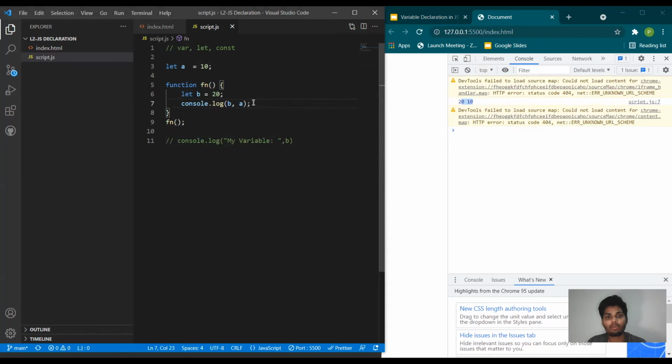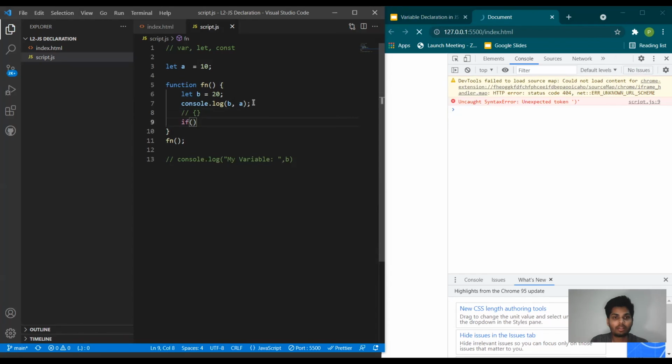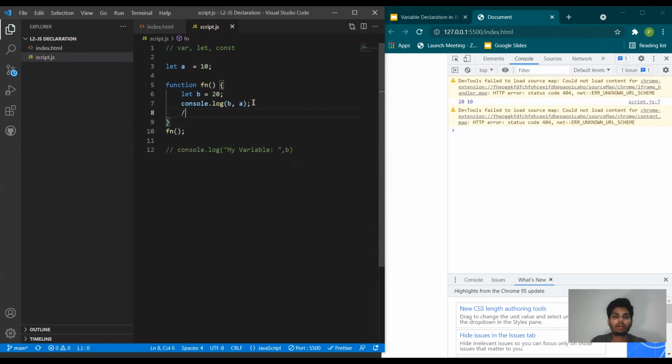Let's talk about block scope as well. Block scope comes as inside the curly braces. This is called block scope. Let's not talk about conditions in this case.